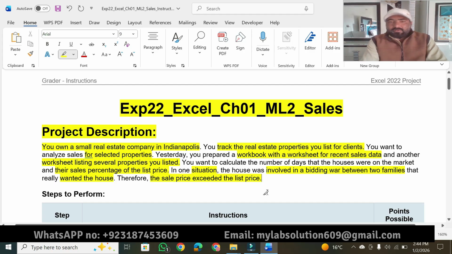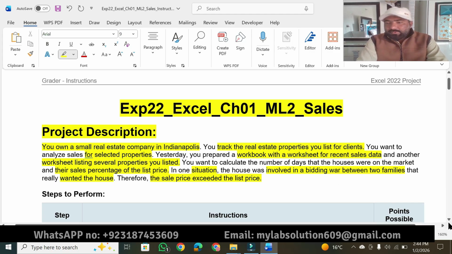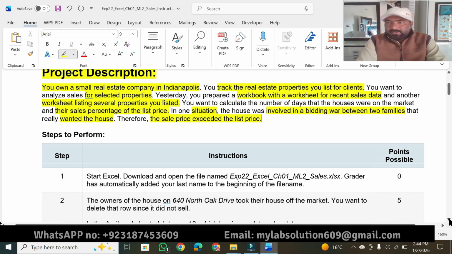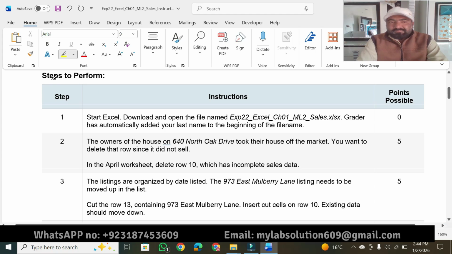Okay, so that was simply the project description that we have to read to get an idea of what we have in today's project and how we have to solve it. Now we are moving toward the graded part. In the graded part, as we earlier discussed, we have 22 questions. Okay, so steps to perform,